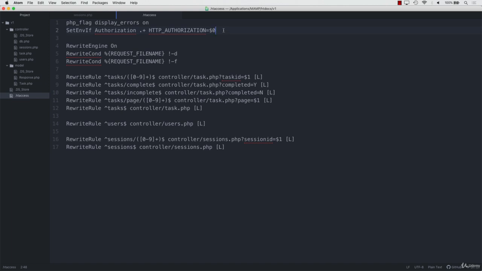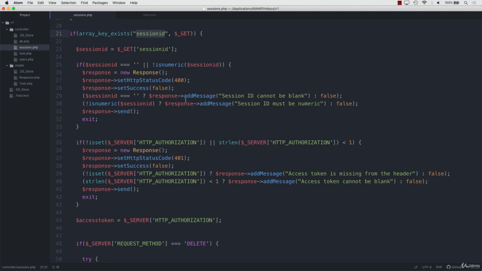Like I say, Apache disables it by default, and if you do want to use it, you just have to enable it like this. It is important that you have this in here, otherwise when we run our tests next, it wouldn't pass the access token in. So this is important to have. What we should be able to do now is test this. Now if we open Postman,